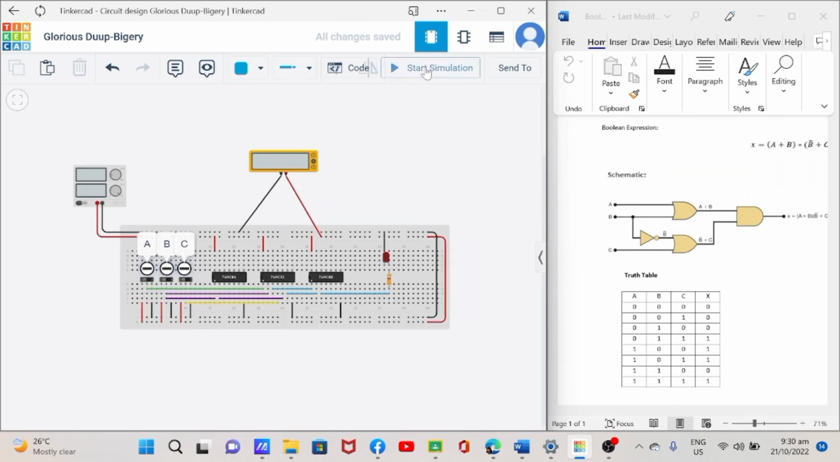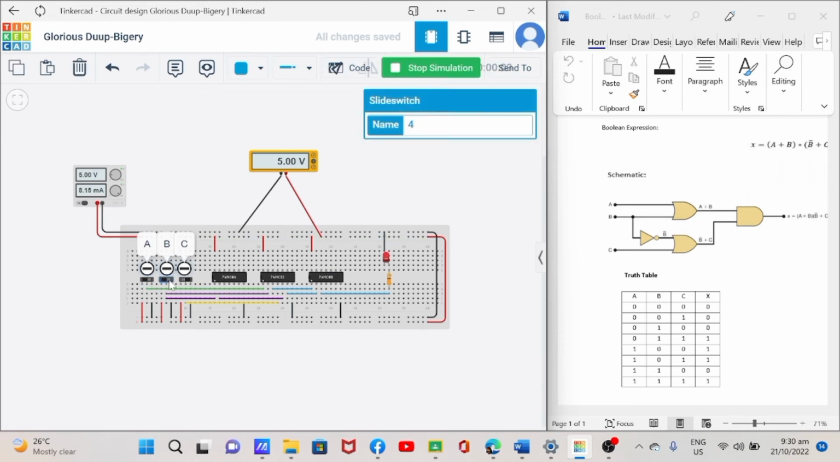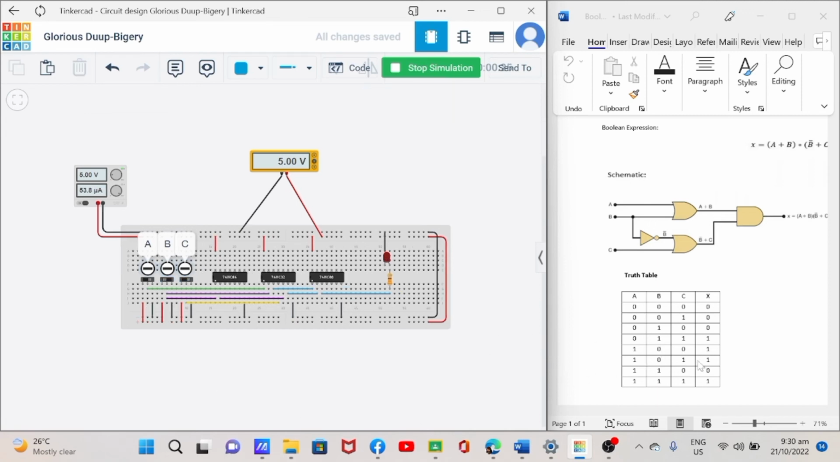Now that we are already finished to assemble all of our components, we can now start simulation and check the output performance of our circuit based on our truth table. According to our truth table, when 3 of our input is all 0, then the output will be 0. Then when the input is 0, 0 and 1, the output will also be 0. Then when the input is 0, 1, 0, there will be no output. And then when the input is 0, 1, 1,